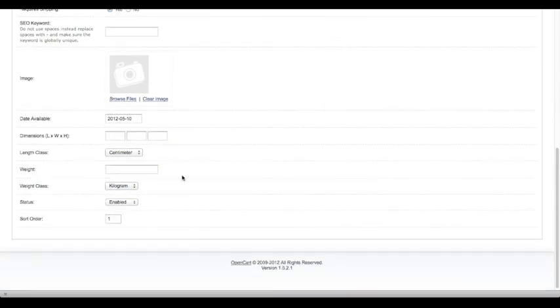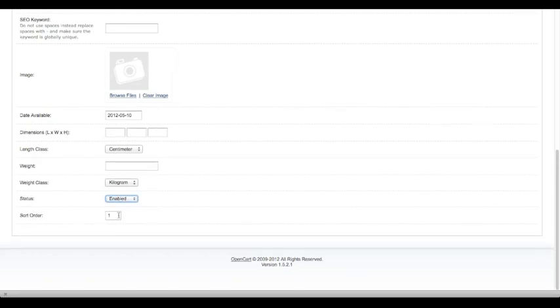Next 4 fields are for shipping purposes. You will want to fill in the appropriate weight and size for the products. Once you and your designer work out the shipping methods, the price will be based off what is in these fields. Next field is status. For whatever reason, if you do not wish for the product to show up on your website currently, you can come in here and make the status disabled. Next and last item is sort order, which will let you number numerically the order of products that will show up under the categories.